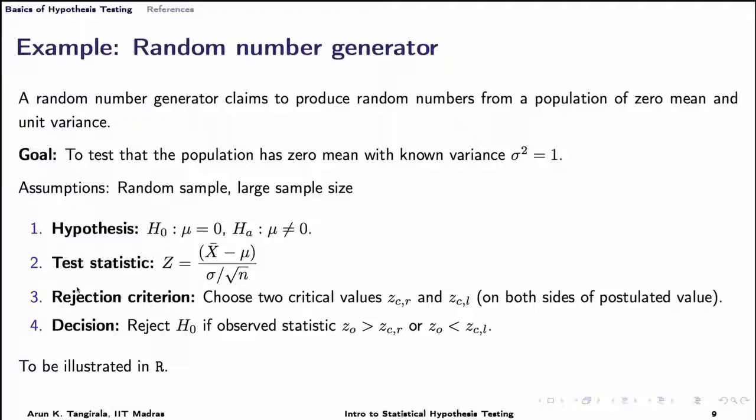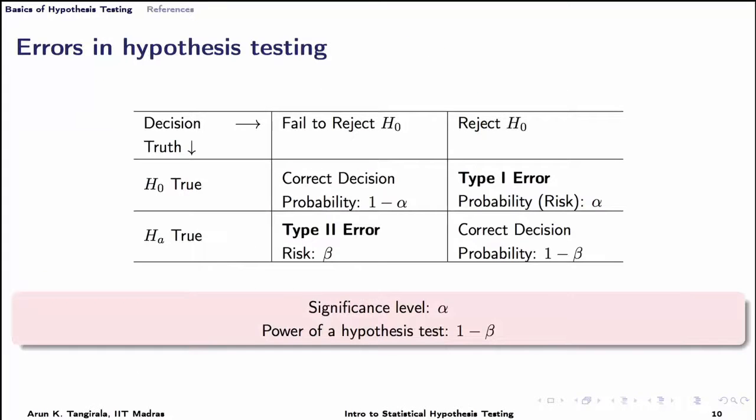Alright. So, now with this illustration we can discuss certain theoretical aspects of these errors in hypothesis testing. As I said earlier, there are 4 possibilities as listed in this table. The columns contain the decisions and the rows contain the truths. Suppose I look at the first row where H naught is true, there are 2 possibilities. I will fail to reject the null hypothesis or I will reject the null hypothesis.